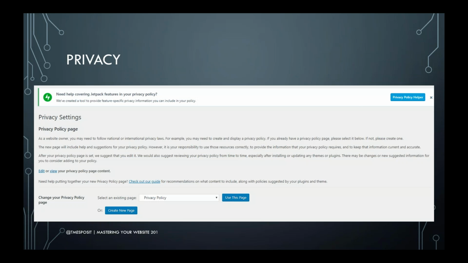Last up is privacy, and this is sort of a legal nice to have. I don't know if anyone's really going to come crashing down on STC websites if they don't have a privacy policy, but WordPress includes a template for privacy policy information as part of it. And you can go into the settings in WordPress, and then there's an actual option there called privacy. When you do that, it says, what page has your privacy policy, or create a new page. And when you do that, it fills in, we're not going to save your data, we're not going to sell it to scumbags, all that stuff, but you can change it to say that you are, if that's what you're doing.